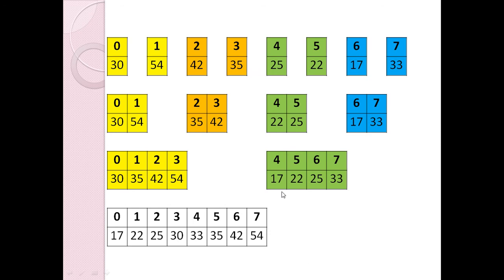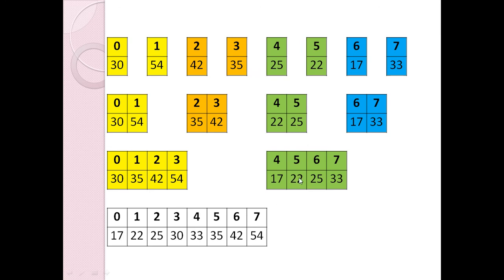Now, how does the merging process work? To understand that, let us take these two lists that we want to merge. So the first condition is that these lists must be sorted. So these are already sorted. Then what we'll do, we'll compare their top. Top means this element and this element. So this is smaller, it will go on output. Then this is on top. So this and this 30 will be compared.